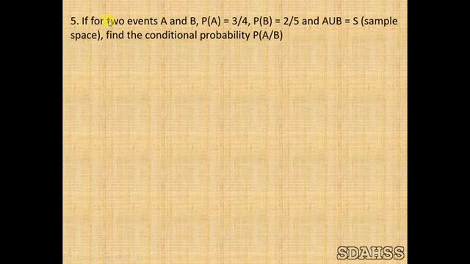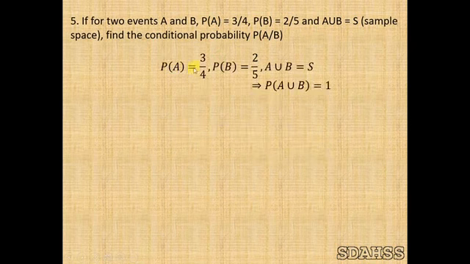Fifth sum. If for two events A and B, P of A is equal to 3 by 4, P of B is equal to 2 by 5 and A union B is equal to S, the sample space, find the conditional probability P of A by B. P of A is equal to 3 by 4, P of B is equal to 2 by 5, P of A union B is equal to S. Now you have to apply